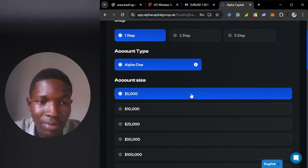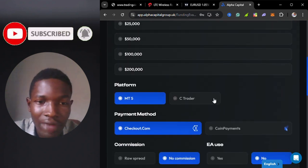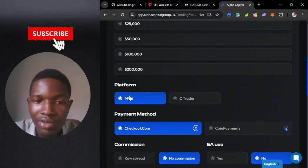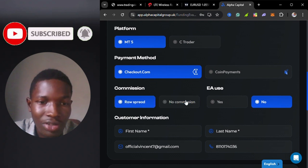So let's say, for example, I'm getting the $5,000 account. I'll just click on 5,000. Then there's the MT5 and C Trader. MT5 simply means the platform you'll be trading on. Most platforms don't even have MT5. They'll tell you MT4, they'll tell you C Trader, they'll show you so many other things, but MT5 is very good, which means you can log in with MT5. So you click on MT5, then you can see raw spread, commission,